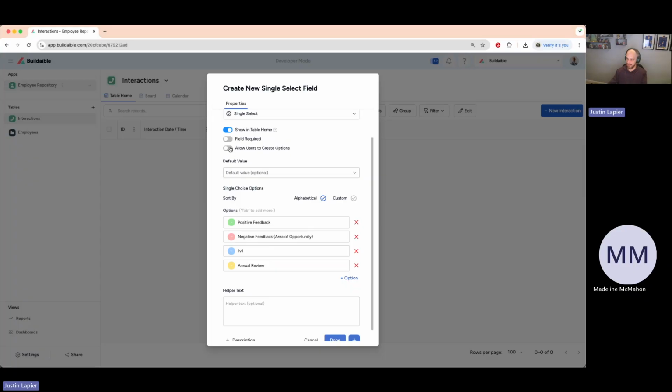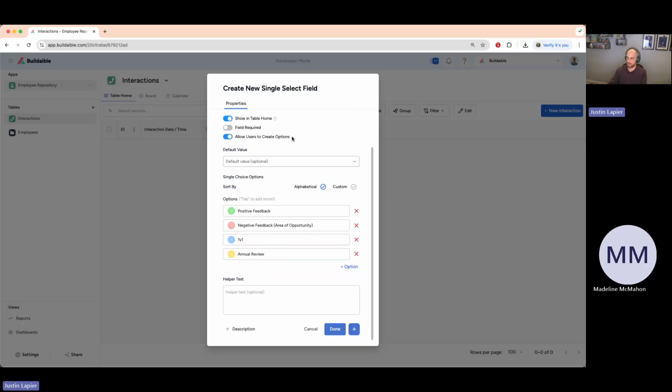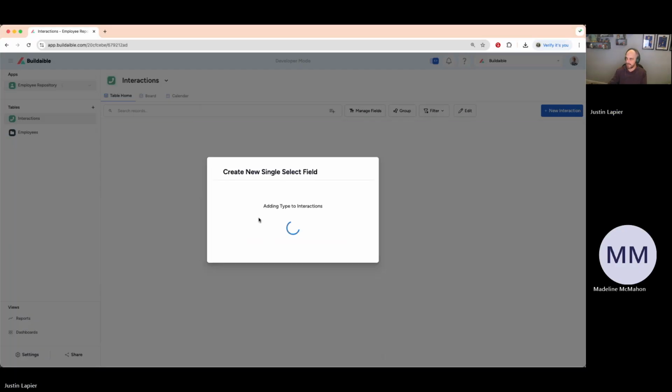But I'm going to turn this on, as I mentioned, with that new feature that we added where you're using the drop-down if users are allowed to create new options. You would have to have this turned on. So let me go ahead and turn that on, because there may be other options that we want to create in the future real easily without having to come into the field settings. So I'm going to go ahead and add this field. And now,